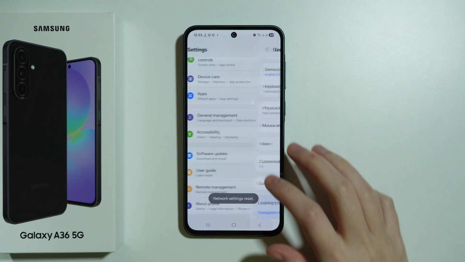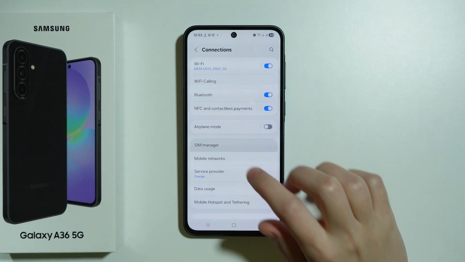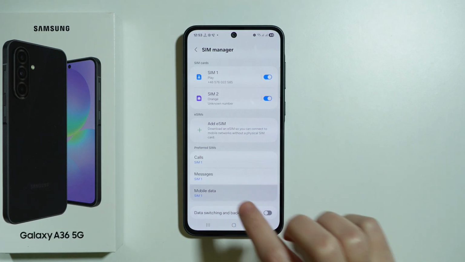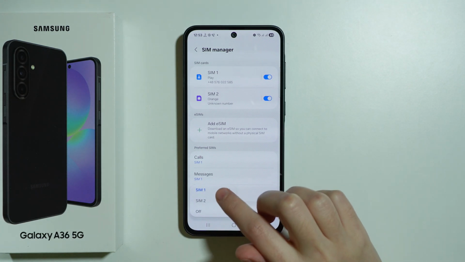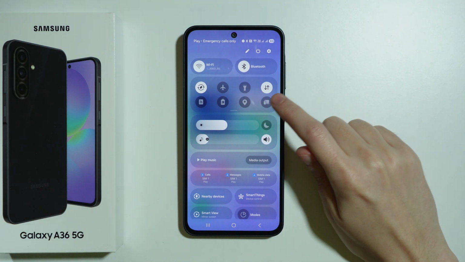Now go back to the settings of connections and choose SIM manager, and once again check if SIM cards are activated and if the mobile data is enabled by using the correct SIM card. In the future you can also enable and disable mobile data over here in quick